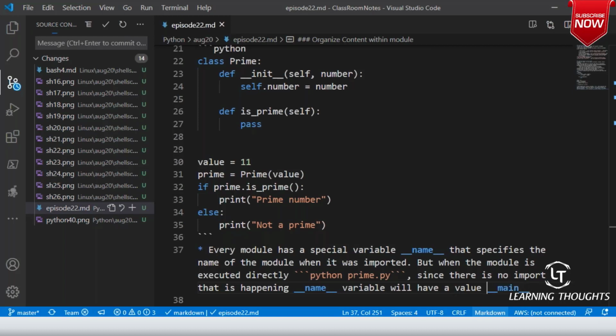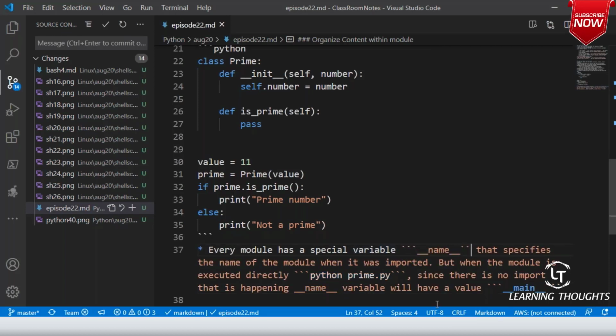Am I clear on this, sir? The __name__ variable will have the value of what? __main__. So if you are executing the code directly, __name__ will have a value of __main__.